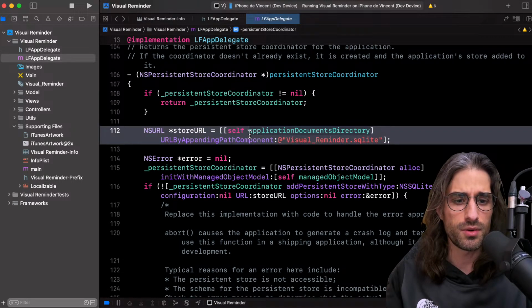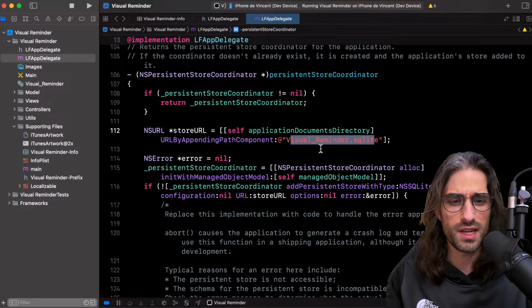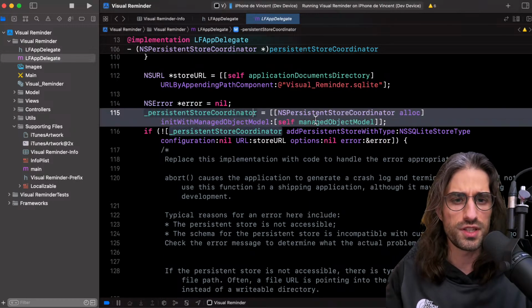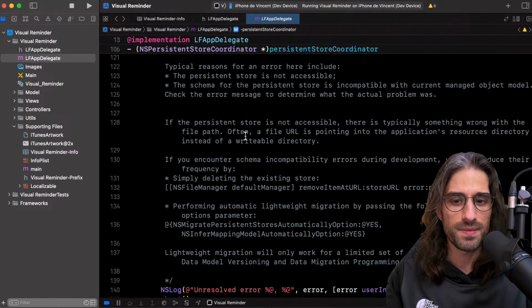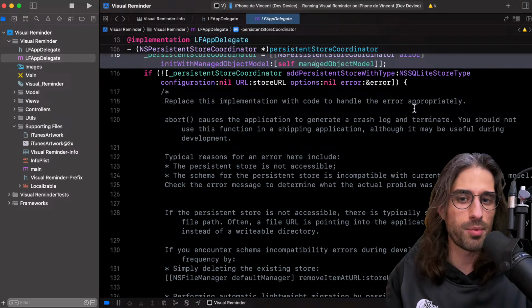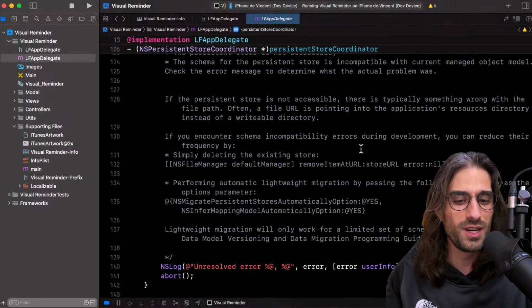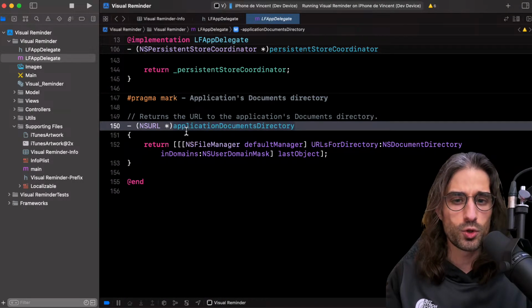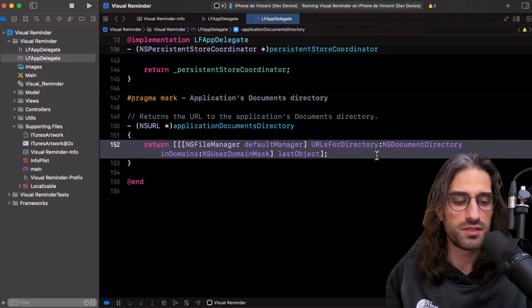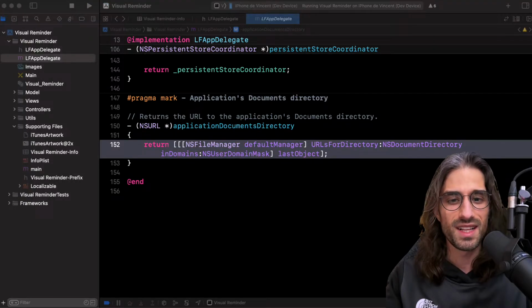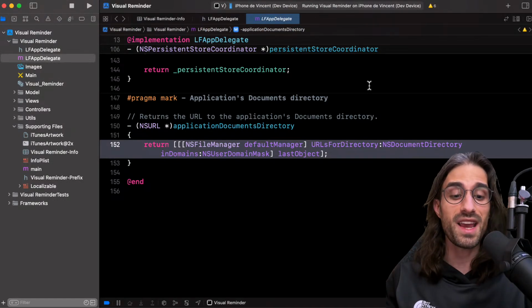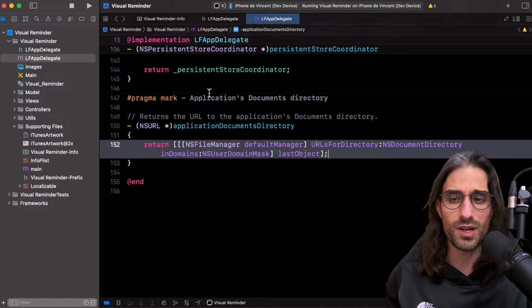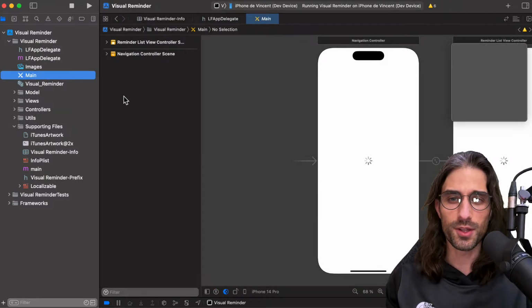For the persistent store coordinator, we create it. Core Data uses an SQLite database to store the data. So we give it the name of the SQLite database, and we create the store coordinator using the managed model. Okay. Here it says replace this to handle the error appropriately. You can see that I did not do it because it was an app on which I spent 2 days tops. And this is the application documents directory, so where the documents are being stored inside the sandbox of the app. Okay, that was our first Objective-C file, and definitely a different flavor than what we have in Swift these days. Then let's take a look at what we have in the storyboard.